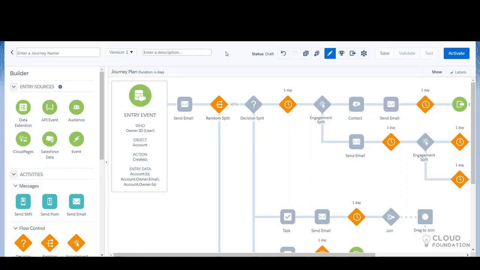The number of users is one parameter, and the number of communications, like how many emails you will be sending, how many SMS you will be sending, is another parameter. And if you're using APIs, then the number of API calls. So all this will be clubbed and will be billed on top of your license.